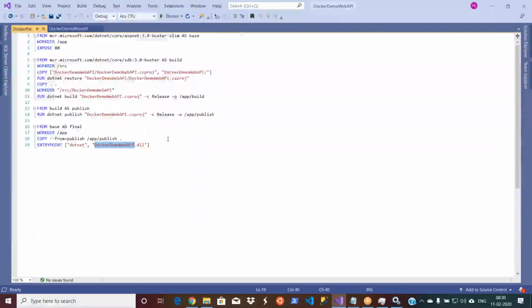Entry point means whenever a request comes to your application, this is the one which gets invoked. You don't know this when you are using IIS because you are not dealing with it; you are simply copying the code and making some changes. You don't know the request flow. This is only known to the developers. So this is how your Docker file gets created. Of course, this is a little complicated, and you see all these commands.